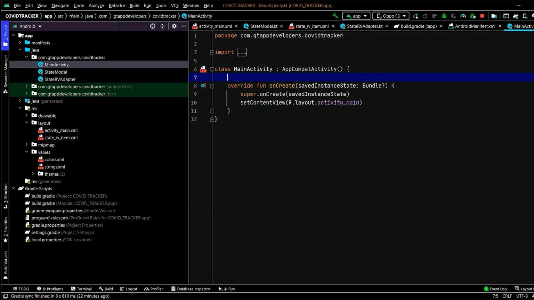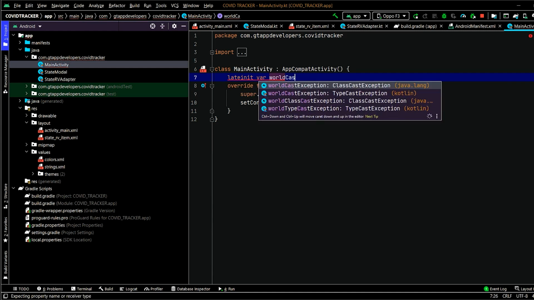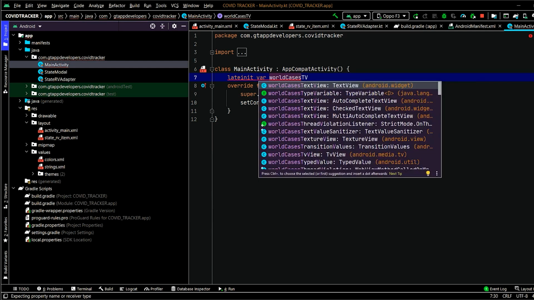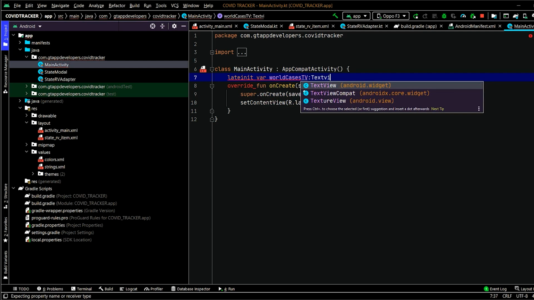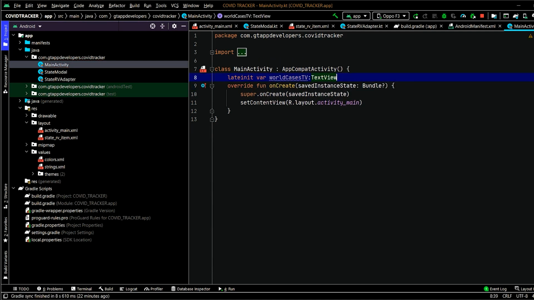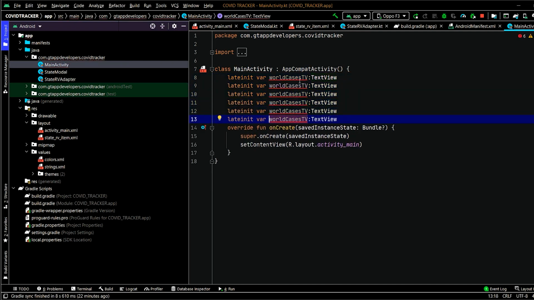So for this, we will create world cases tv variable. Now for creating another variables, we simply have to press Ctrl D. Here we have to change only the variable name. So in world cases, we have world recovered, then world deaths.